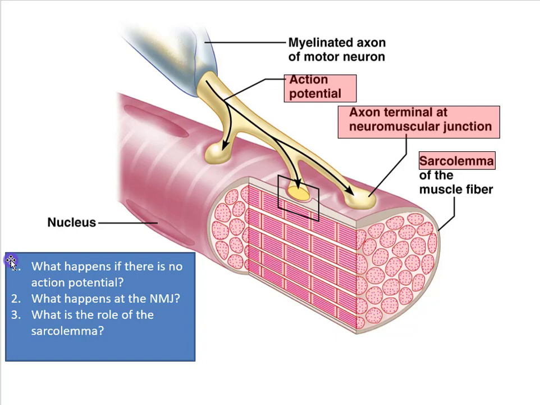Now, a couple of questions I've asked here. What happens if there is no action potential coming down the nerve? Well, if there's no action potential coming down the nerve, at the end of it, the answer is there's no muscle contraction. But why not? Why is there no muscle